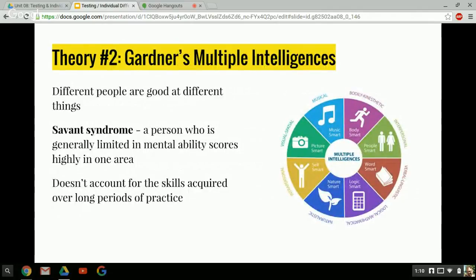Theory number 2, this man named Howard Gardner came up with a theory of multiple intelligences. Gardner said, look, different people are good at different things. And to say that we have one thing that is underlying this concept of G, that's not totally accurate. Instead, different people are good at different stuff. Some people might be musical. I'm circling musical right now with my mouse. You might be really good at an instrument. You might have really perfect pitch. You can understand music notes really easily. You have musical intelligence.